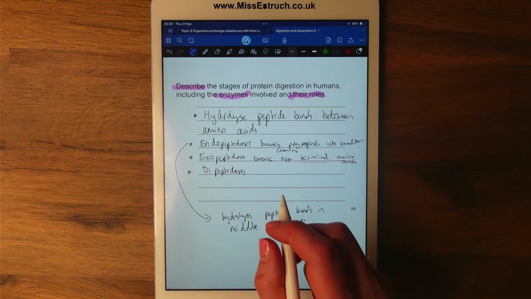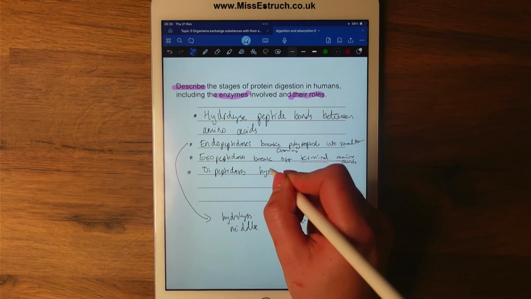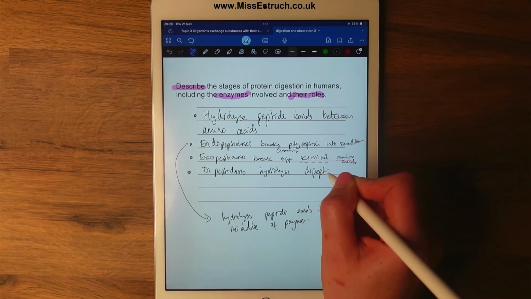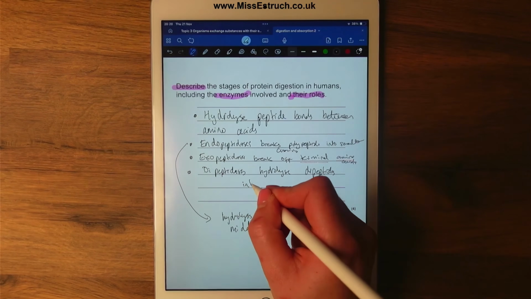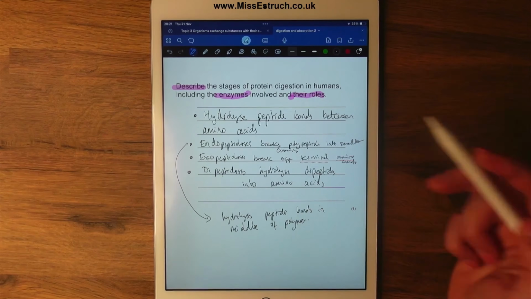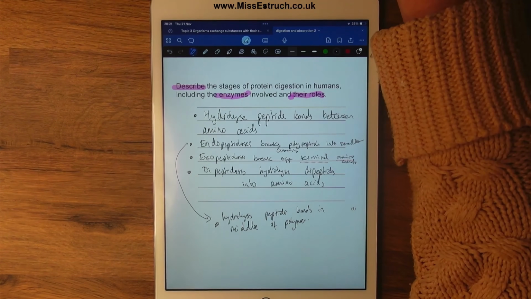And then the dipeptidases would be, it will hydrolyze the dipeptides into amino acids. Then we've got 4 bullet points plus my extra one down there just to cover those 4